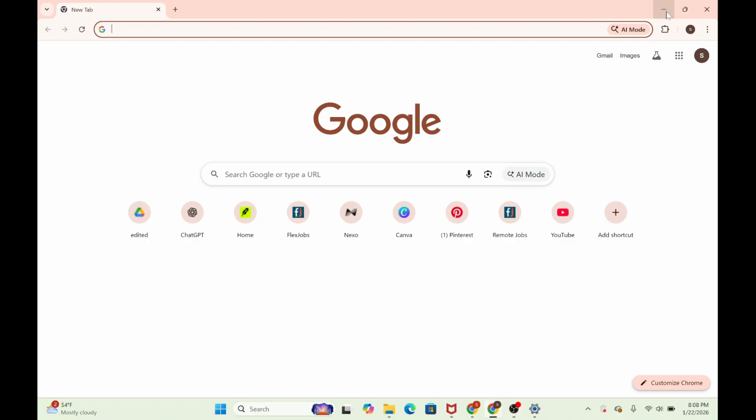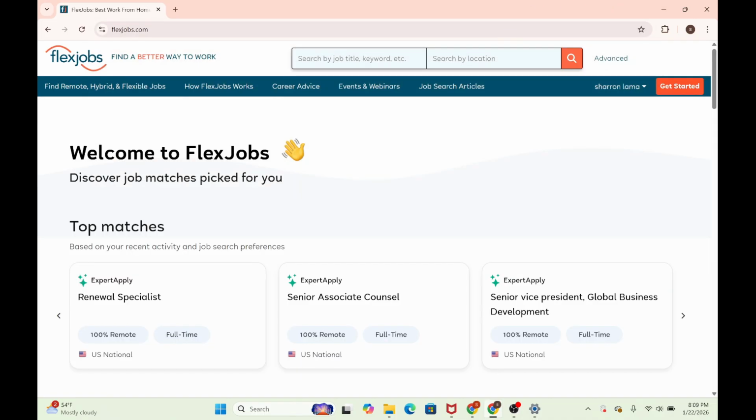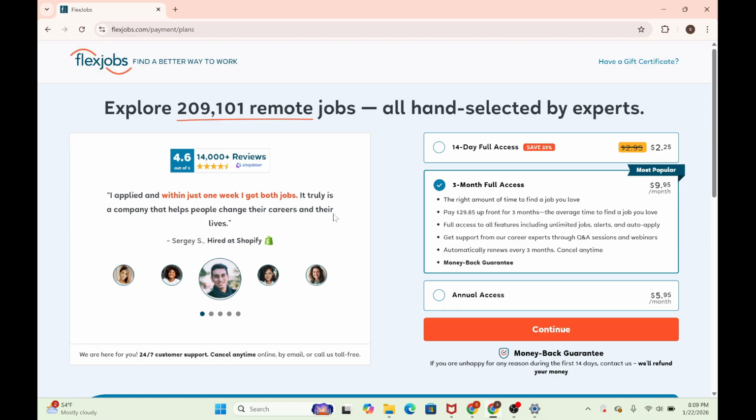So first you need to open any of the web browsers. You can go to the top search bar after that and type down FlexJob and enter it. Over here on the home page you can find this option. If you have already logged in, you can select this option for the get started. Over here on the right hand side, when you reach this interface,